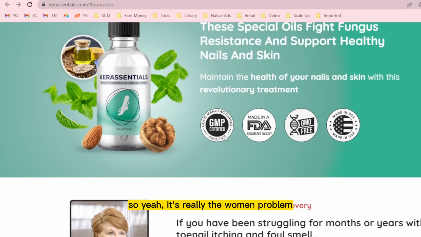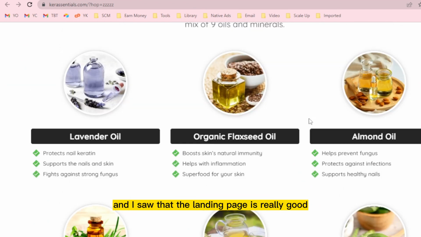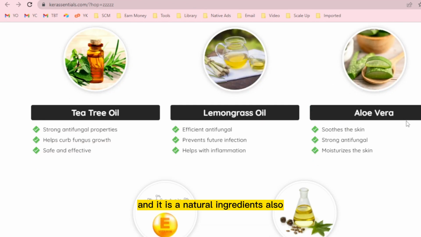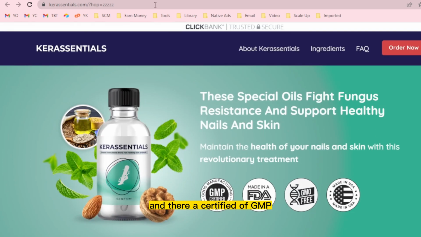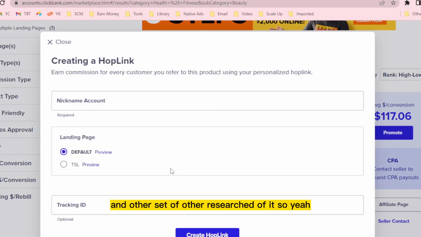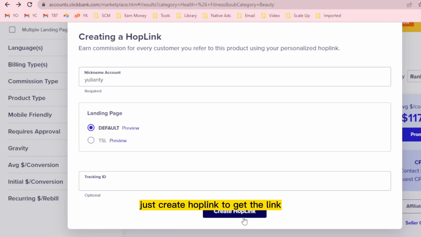It's related to a woman's problem, and I saw the landing page is really good, it has natural ingredients, and there are a lot of certifications, GMP and other research. You can insert the tracking ID or not, it's okay. Just create a hop link to get the link.